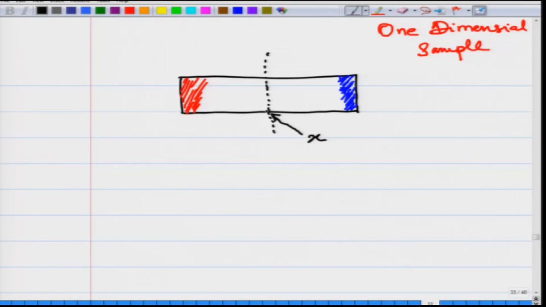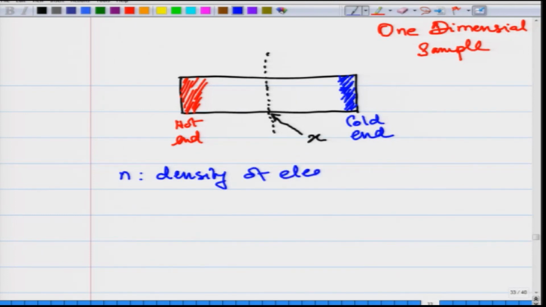And for the thermal current, we will assume that electrons are coming from the hot end side as well as the cold end side. So, this is the hot end and this is the cold end. Electrons are going to come from the hot end as well as the cold end. There are electrons which are coming from both sides, and we will consider if n is the density of electrons inside the metal,